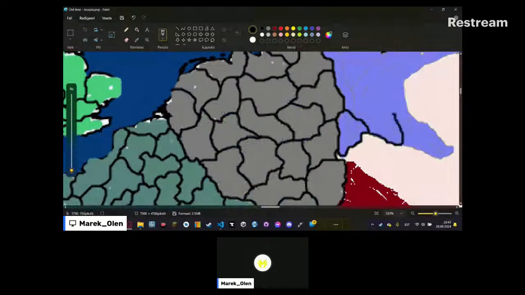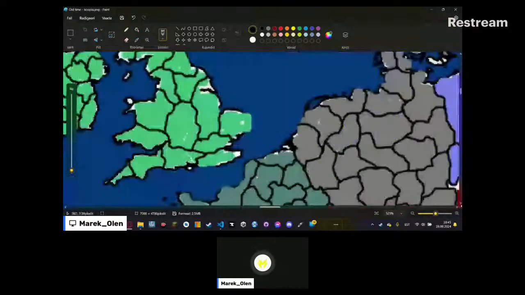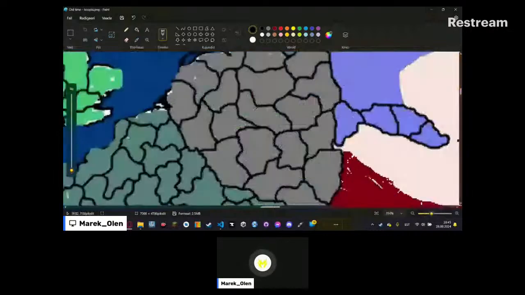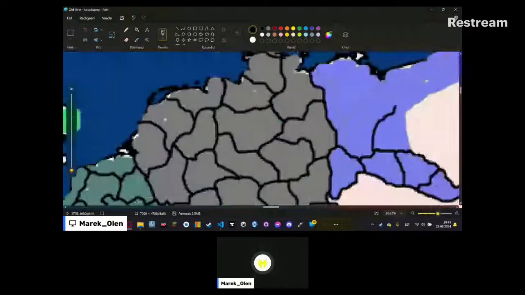Basically, your regions are going even a little bit different than other countries' regions. Some regions are going here, one suspicious shape region is here, and well, coastal regions are a little bit smaller,